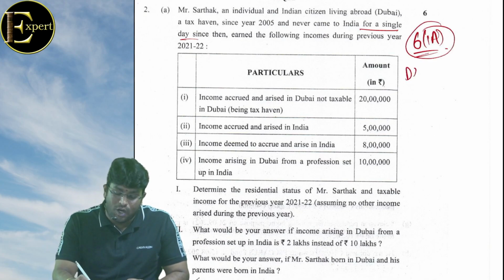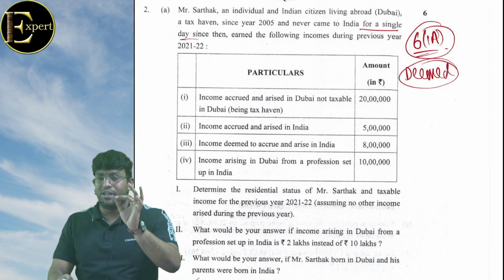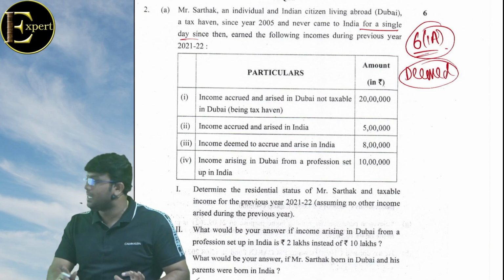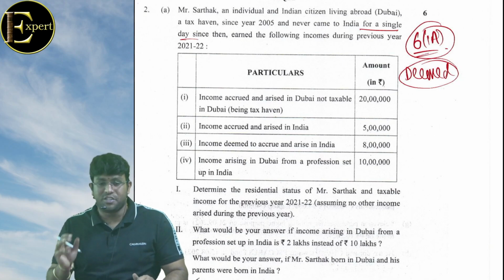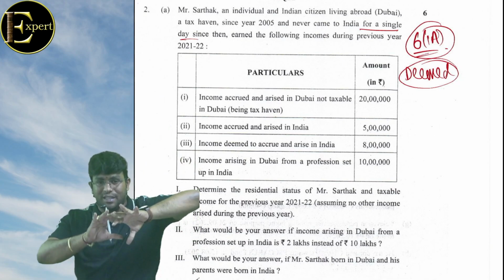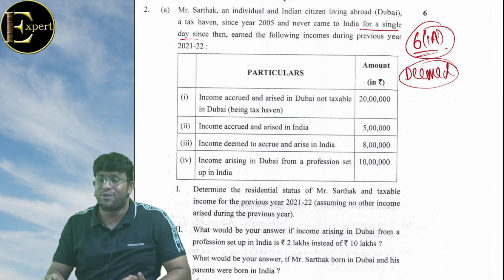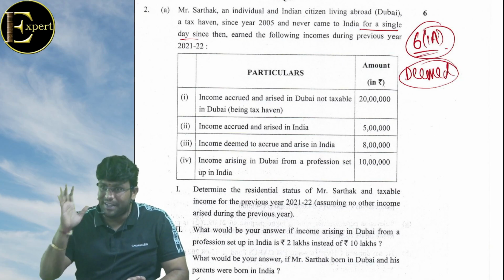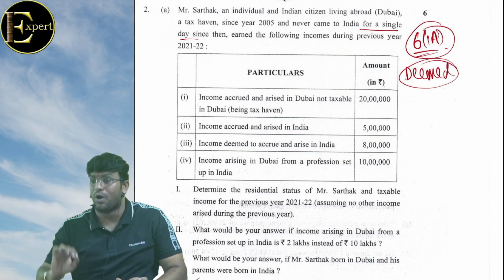Section 6(1A) talks about something called deemed resident, in which they give three conditions. If all three conditions are satisfied, we will call you a deemed resident. Condition number one, he must be an Indian citizen. Condition number two, total income other than foreign source is more than 15 lakhs. Condition number three, he is not liable to tax in any other country by reason of his domicile or residence or any other criterion of similar nature. That's the exact language in the law.